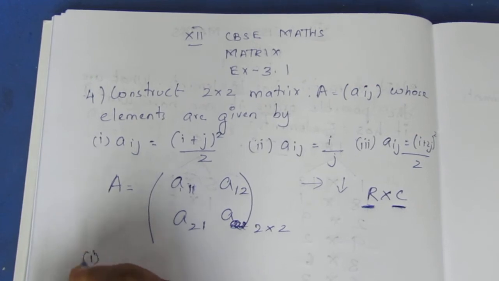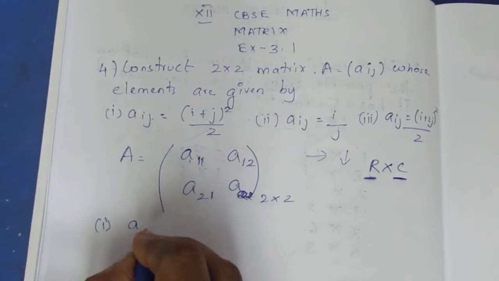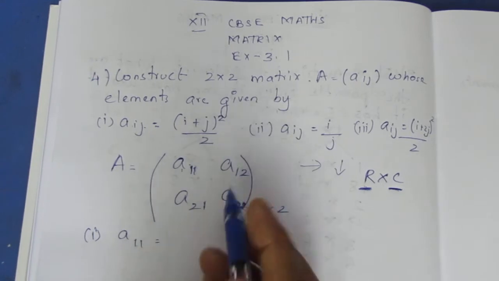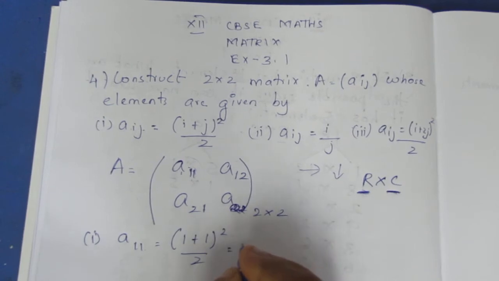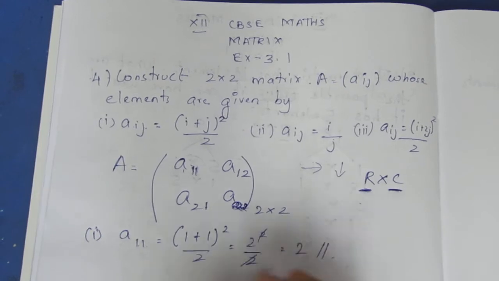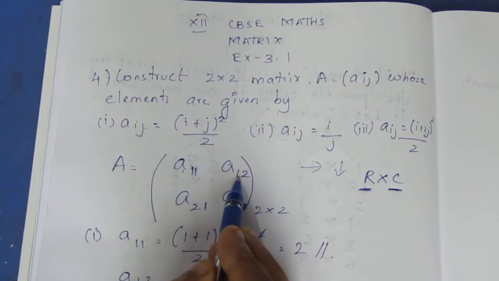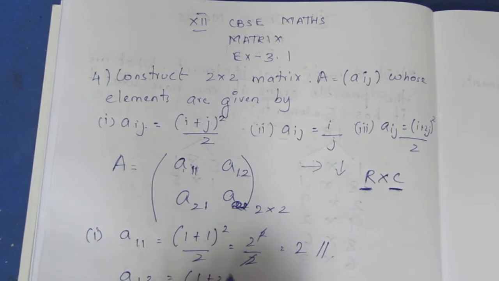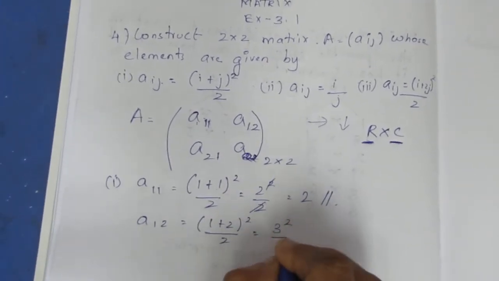Now let me take the first sum. For the first sum we know that aij, that is a11: my i is 1 and j is also 1. Just substitute the values here. 1 plus 1 the whole square by 2, which is 2 square by 2, which is 2. Same way, a12. Substituting the values here, that is 1 plus 2 the whole square by 2, which is 3 square by 2, which is